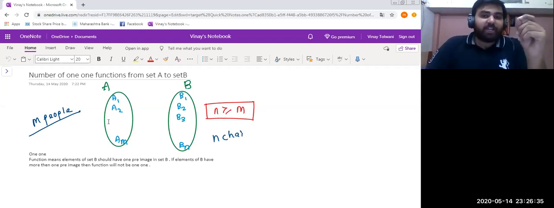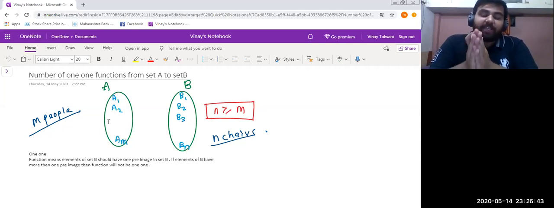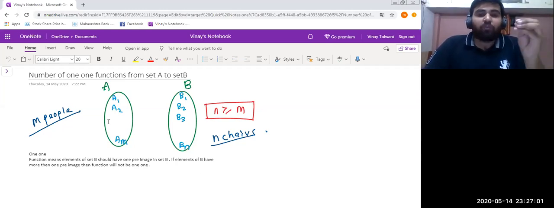Now my task is to find the total number of ways in which m people can be seated on n chairs. By doing this, I will get the total number of one-one functions. Just think once again, why am I getting the total number of one-one functions by doing this small activity? Because every chair can accommodate a single person.